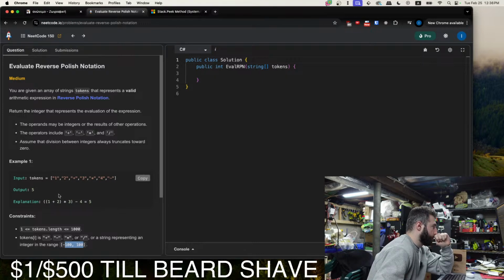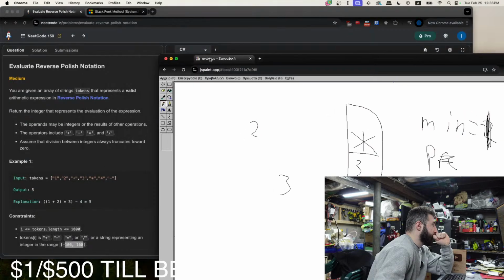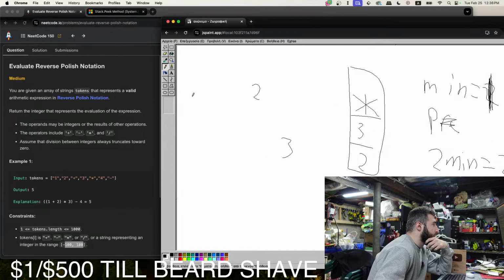So right now the stack would be 1, and you push that 2, and then an operator stack. So that goes into the plus. Let's do this with drawing. So we have a stack integer, and then we have a stack operator.